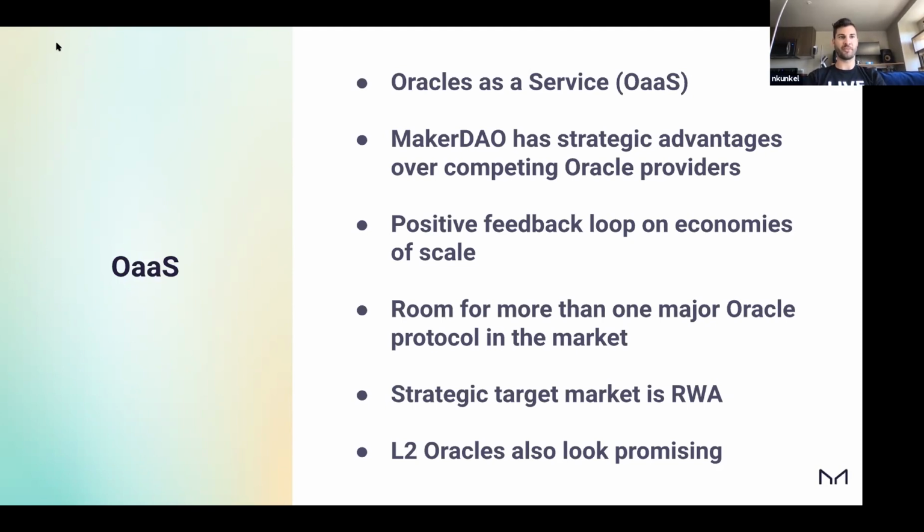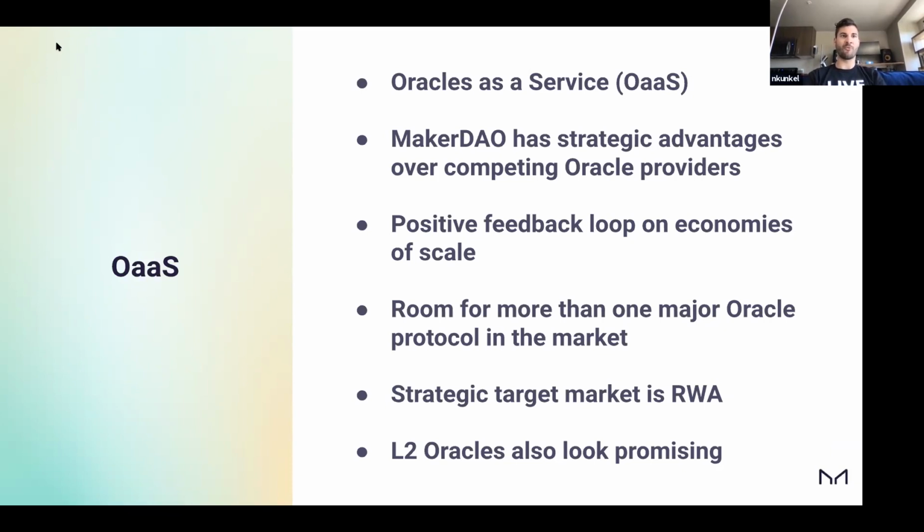Either in conjunction together at the same time, or one is a primary and one is a fallback, or even more than two. Just as a function of good risk management. And I think in that type of world, we can thrive because, yeah, we are not the most popular Oracle protocol right now, but from a technology point of view, we're right up there. And I think that when the shift towards risk reduction happens, we'll be very well positioned to take advantage of it.